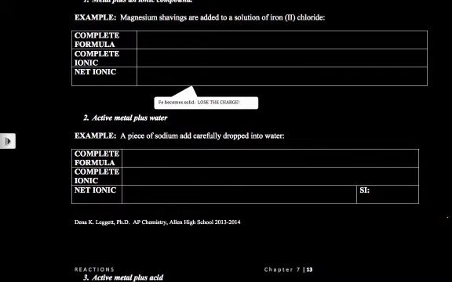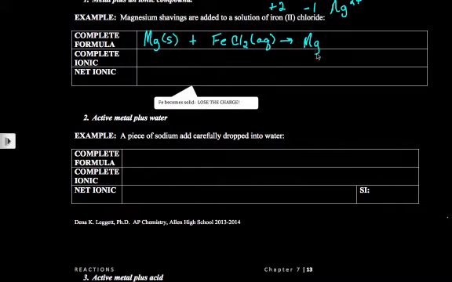Now, the first one says that I have magnesium shavings. So I have magnesium. Those shavings indicate it's a solid, added to a solution of iron 2 chloride. So that's FeCl2. I'm presuming you can write chemical formulas by now. Solution of means aqueous. Now, when magnesium goes into a compound, it wants to become magnesium plus 2. So the question is, is it going to dance with the plus 2 iron or the minus 1 chloride? Well, cations always dance with anions. So I will get magnesium chloride